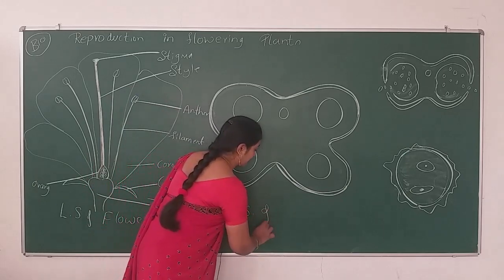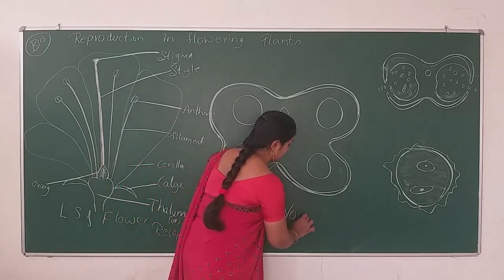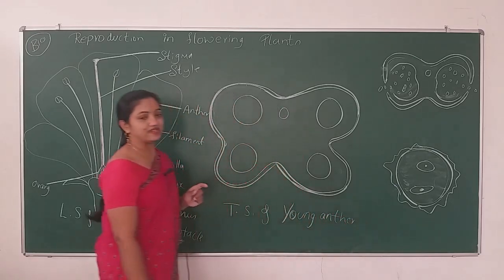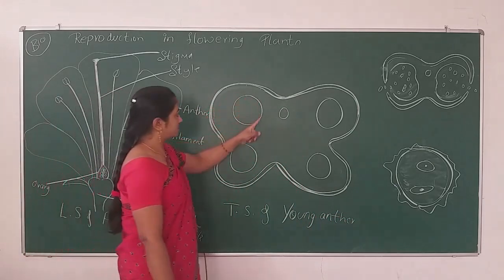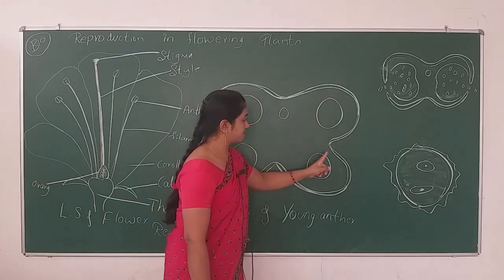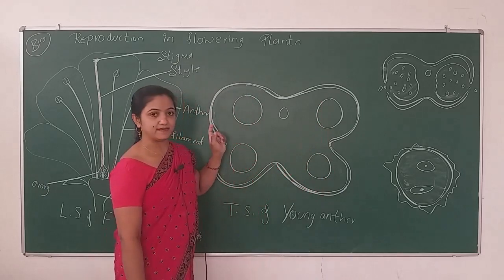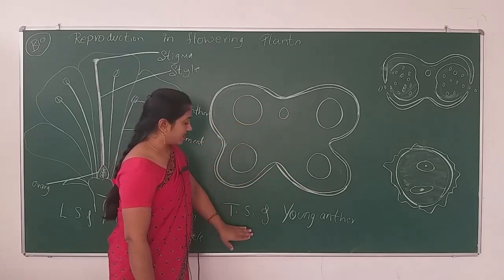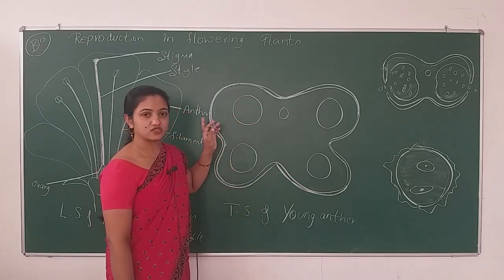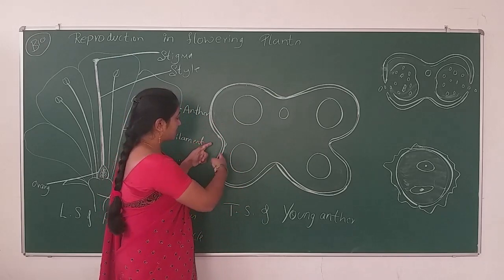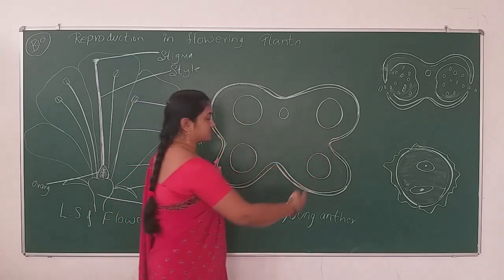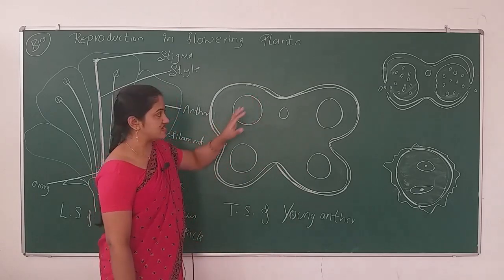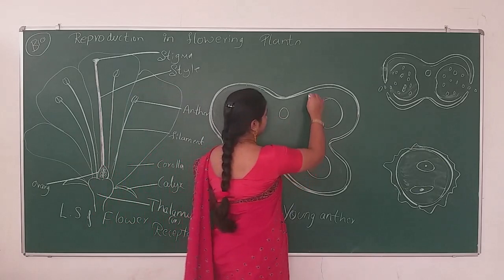First you mention this diagram. This is the TS of young anther, showing four microsporangia. One, two, three, four, four microsporangia are there. Why is it known as the TS of young anther? Because these edges are closed, sealed. It is not open. Now coming to the labelling of the parts of this TS of young anther,